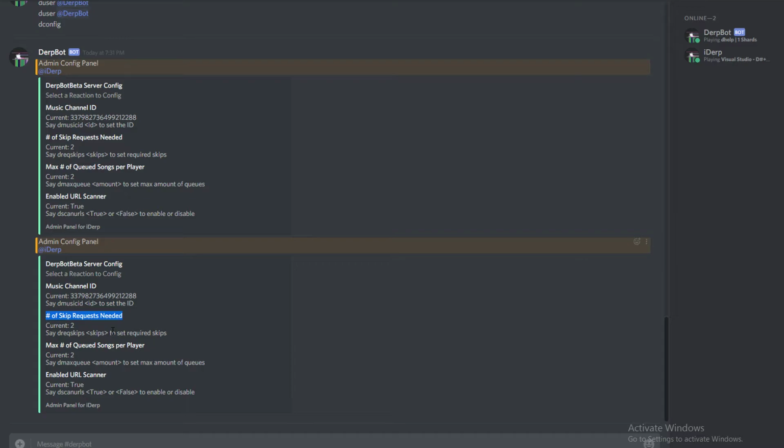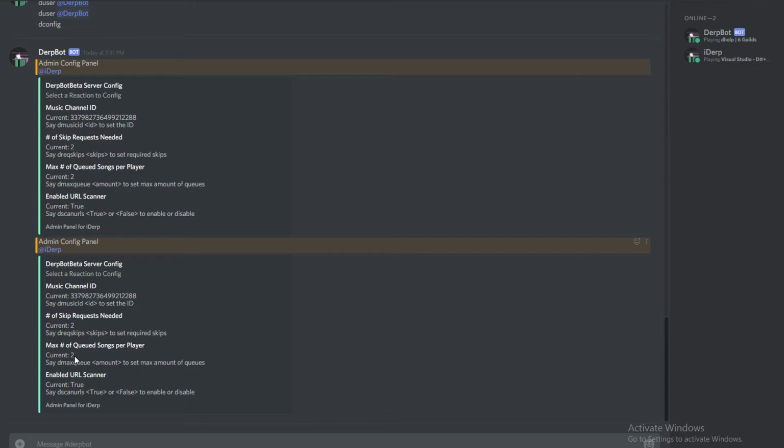Or you can have the person who is playing the song, who requested it, skip it automatically because they requested it. Now, I will be adding later on for people you specify, whether it be users, roles, or whatever it is, to be able to have these commands automatically. I do not have that right now, as I'm still working on this bot quite a bit, so expect more updates.